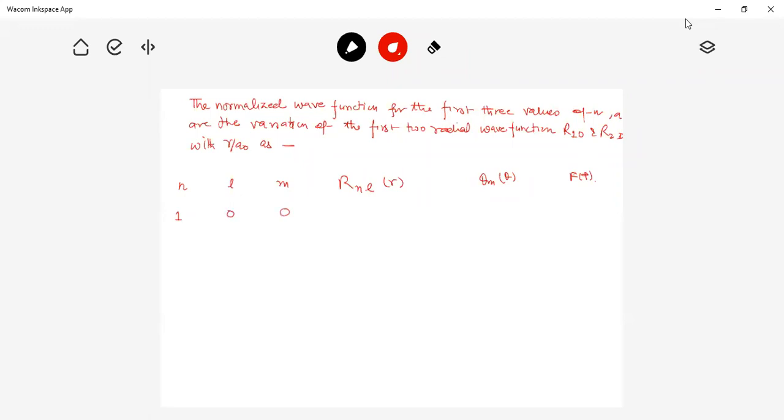Means n is 1, l is 0, m is 0. So what is this value? The radial function is 2 times (1 upon a0)^(3/2) e raised to the power minus r by a0. And this value is 1 by under root 2, and this value is 1 by under root 2 pi. Now, if we have 2, 0, 0, the 2s orbital, so this value is 1 upon 2 under root 2,